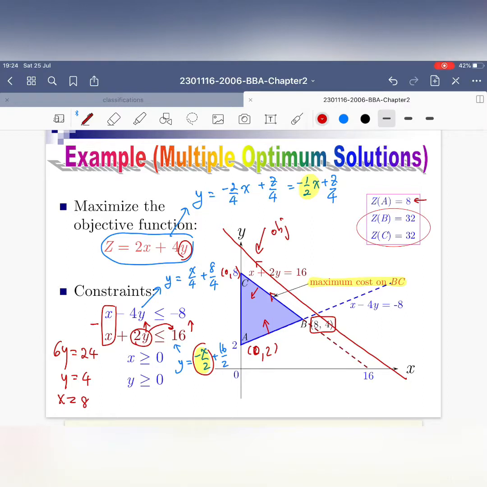All right, so let us stop here with several examples of a bounded region, an unbounded region, or sometimes even a bounded region where you still have multiple optimal solutions. So this multiple or infinite solution right here can occur whenever your objective line is parallel to one of your constraints. So we'll stop right here and